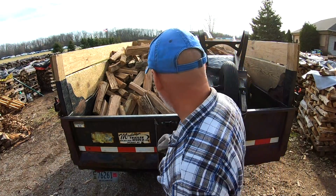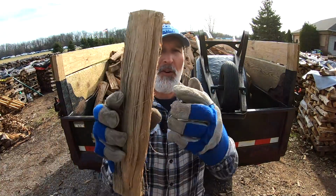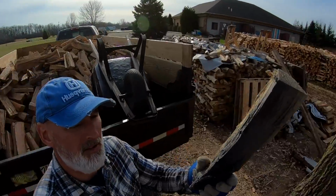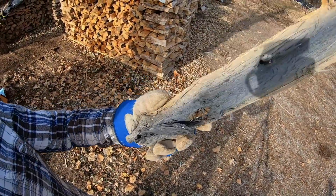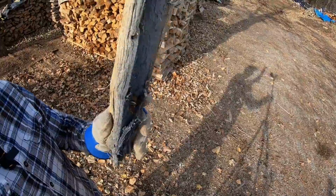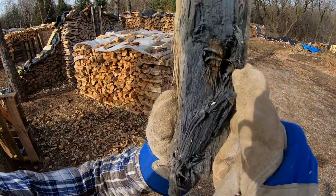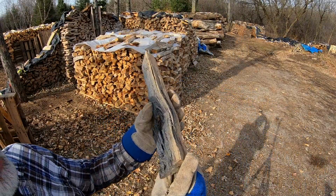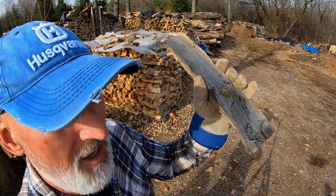I found something I got to show you. This piece of wood right here, this is a normal color for a piece of oak, but you can see how it's kind of, I'll turn this around so you can see a little better. See how it's almost like a grayish, bluish kind of color. That is because there was a nail in this particular piece. You can see the nail hole right there that went through. And so yeah, you got to kind of watch for this. If you see this color anywhere, be very careful, because it means there's either nails or spikes or tree steps,